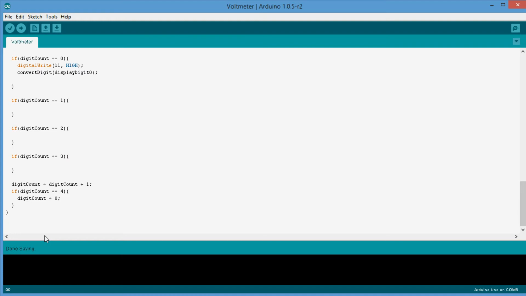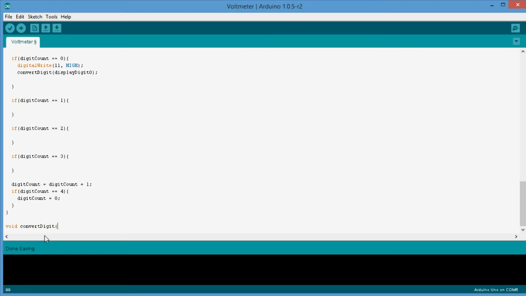So remember how to define a function. You have to declare the return value. In this case, there is going to be a return value, and it needs to be, or no, it's not a return value. Sorry, it doesn't. This function just does something. It doesn't return any value. So we write void convert digit,